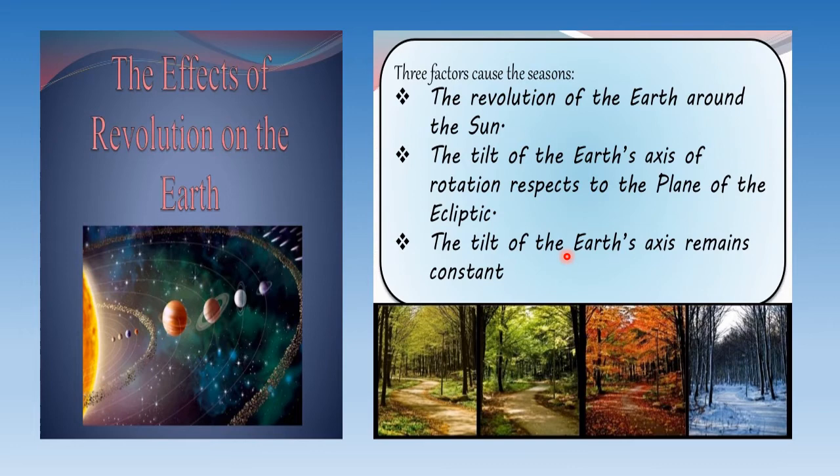Actually, if our earth was not tilted, then we would not have seasons. So it's very good for us that our earth is tilted at its angle. Because of this tilt, we have seasons on earth. Now the areas which are near the poles receive less heat as the sun rays are slanting.